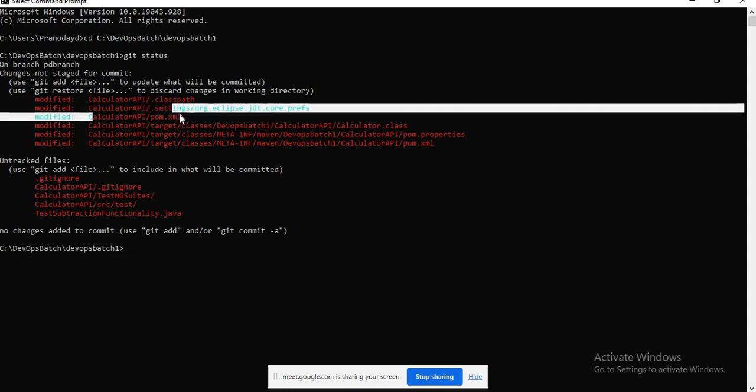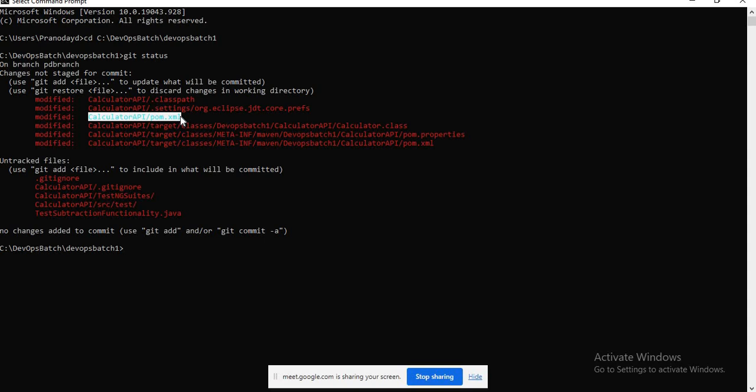Mainly this POM XML, then these test suites, and the calculator API src test folder, which has the test cases for the additional functionality. These are the newly added files, currently in the working directory stage. Now we need to put them into the staging area, right?